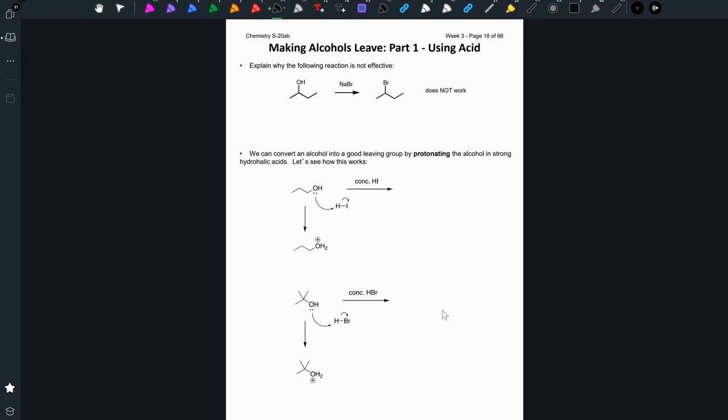We've talked about the SN2, E2, SN1, E1 reactions. Up to this point, for the most part, we've been starting with alkyl halides as our starting materials for those reactions. We did see that we could do E1 reactions starting with an alcohol. I want to expand on that in Module 23 about some other ways we could make alcohol act as a